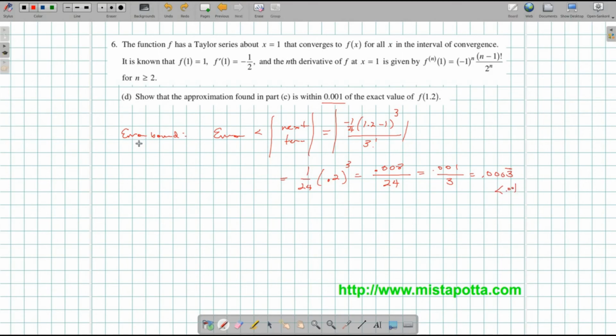So I'm using the error bound. This error bound comes from the alternating series. Whenever I have an alternating series, this is going to be true. And 1.2 definitely is in the interval of convergence. So 1.2 is in the interval of convergence, which we found before to be from negative 1 to 3. So because we're in the interval of convergence, this error bound holds, and the error from that subsequent term is indeed less than 0.001. And that's our AP exam. So for everyone